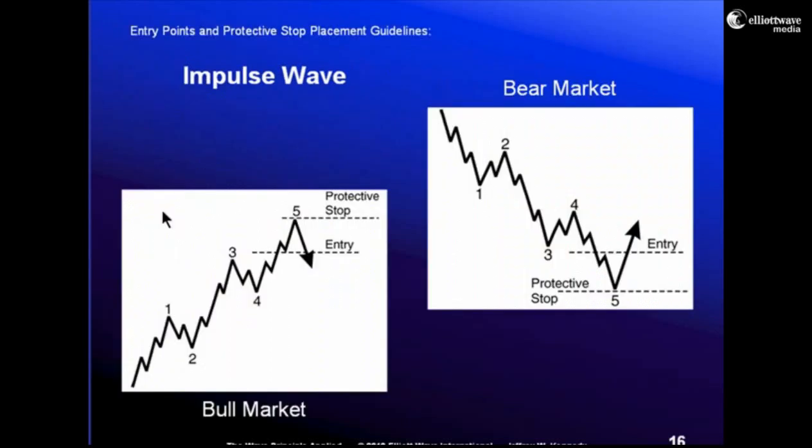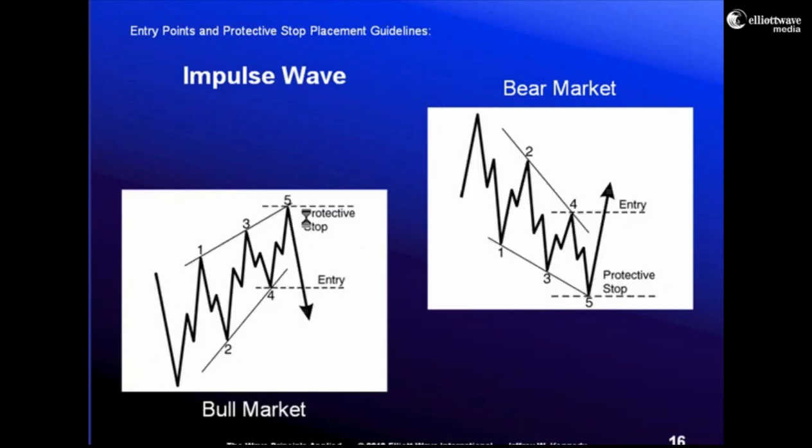Let me begin. With respect to the motive wave or the impulse wave, my entry point on a position from a trading perspective would be a break below the extreme of wave 4 of 5. So if prices fall to the downside and take out the extreme of wave 4 of 5, then I can assume a short position against the actual high. With respect to an ending diagonal, I like to wait for the break or the penetration of the extreme of wave 4 before taking a position.